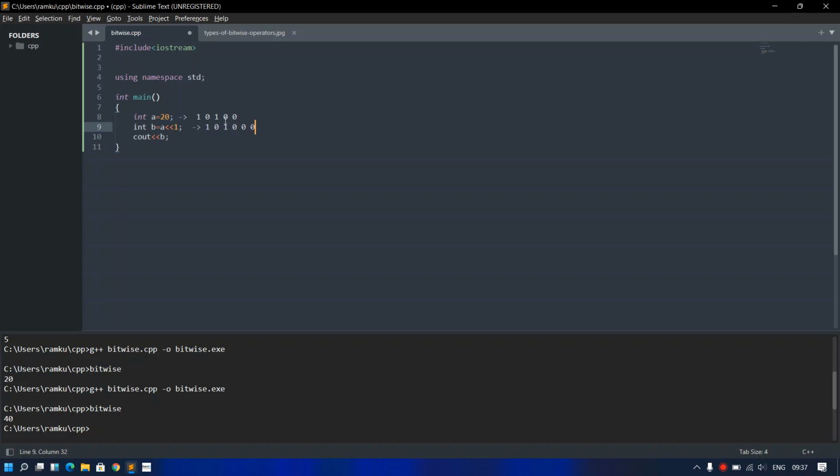You can see the leading 1 was at the fifth position, but now it is at the sixth position, because we have shifted it by 1 in the left direction.